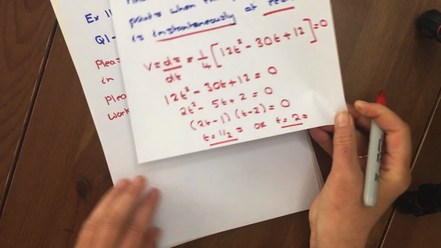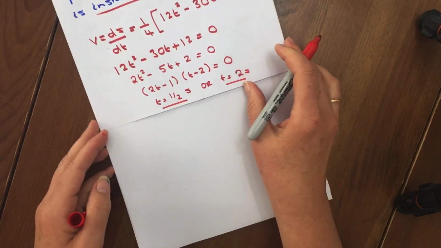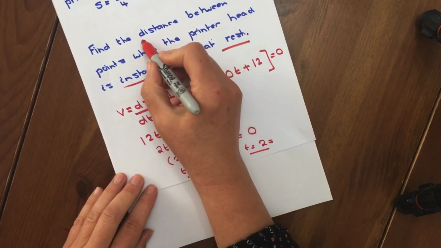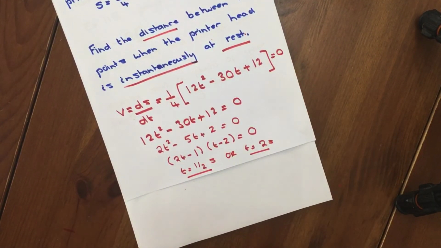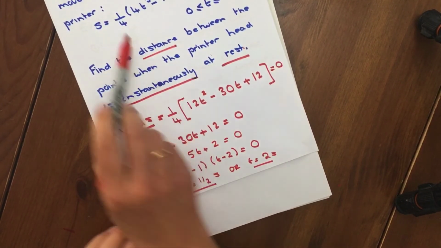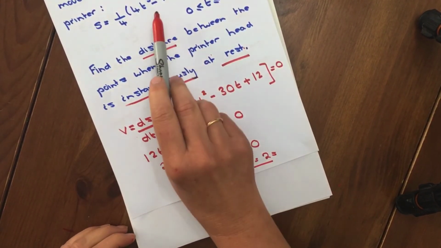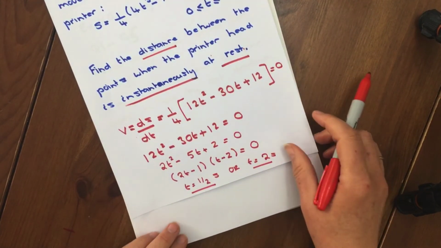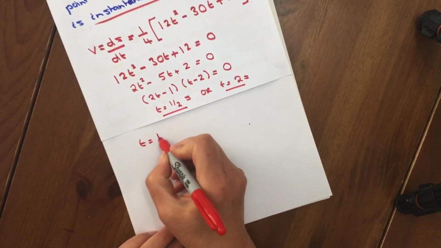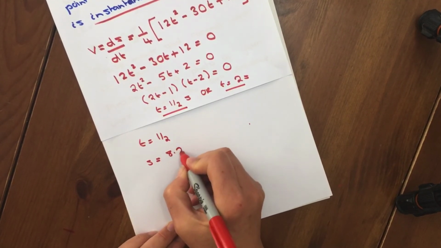Okay, that's the time that the printer head is at rest, but the question says to find the distance. So what can I do now to find the distance? Well, what I'm going to do is put the half back into the displacement equation and the 2 into the displacement equation, get the 2 answers and then subtract them. So when t equals a half, I'm not going to do the whole calculation, I'll leave that for you to do. You get 8.2